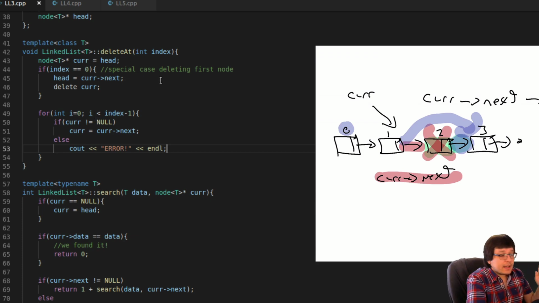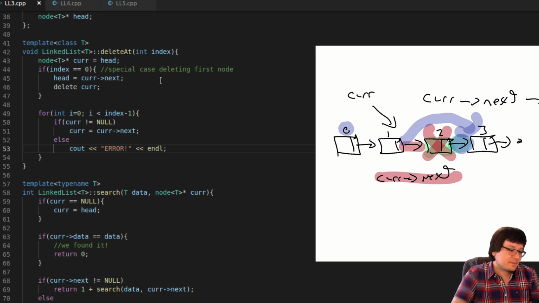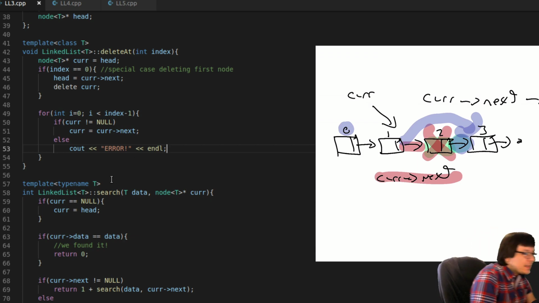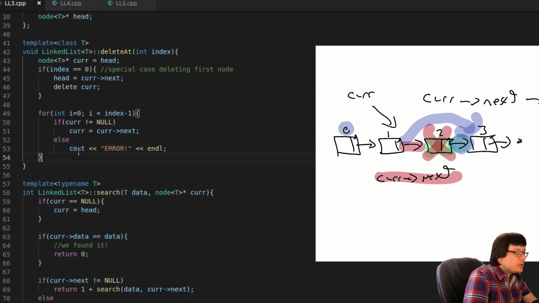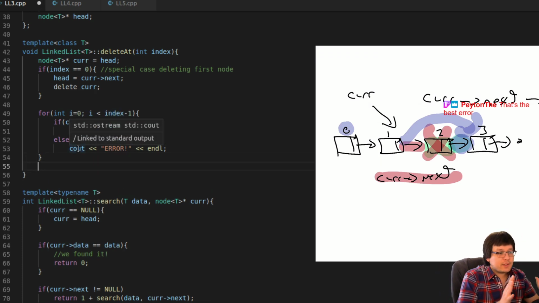Because again, I'm assuming that the index is inside, but let's say I give it index 4 in this. There's no index 4 in this. If I don't do that if statement, I'm going to hit a null pointer and crash. Now I'm still going to be in trouble, but at least I'm not going to crash. I'm going to get this nice little message that says error exclamation point without any sort of context, detail, or information to the user other than there is an error. So I'm not sure what's better, but at least it didn't crash. Okay, so that's all the loop is doing. The loop is taking us to the spot that it has to take us.